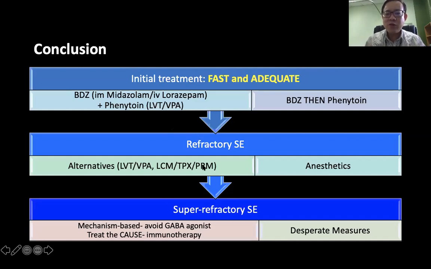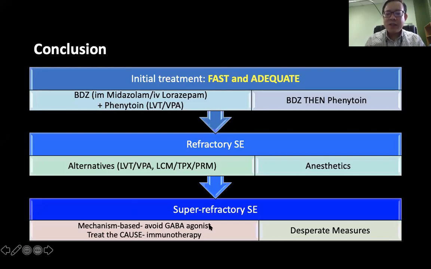The next point I also mentioned is don't always depend on phenytoin. There are other options including levetiracetam and sodium valproate. Especially if you don't have IV, you use oral levetiracetam, crush them, and you can try that. Other things that I have tried are perampanel and topiramate. I don't use carbamazepine orally anymore because I'm worried about Stevens-Johnson syndrome after using high dose carbamazepine.